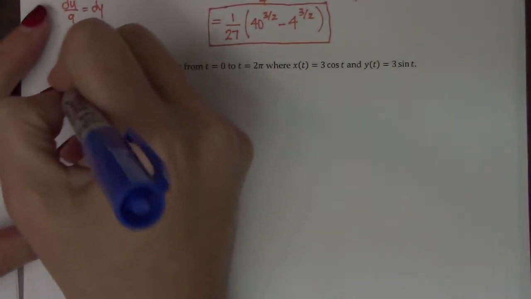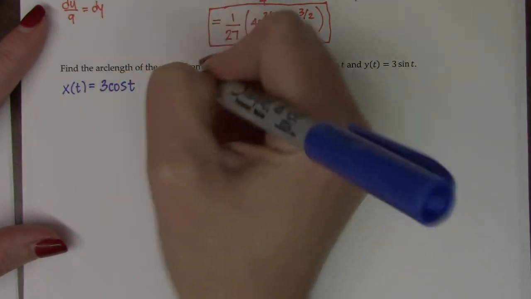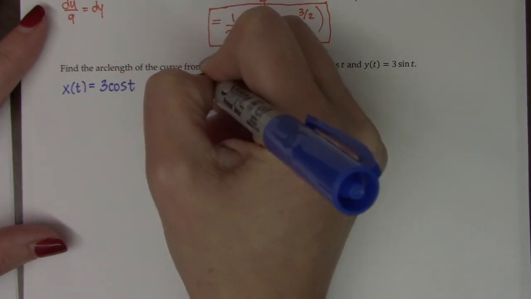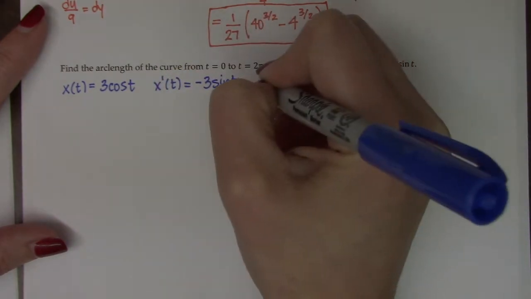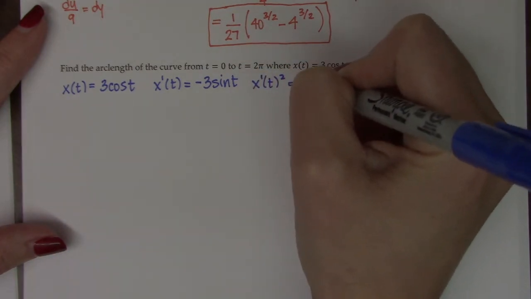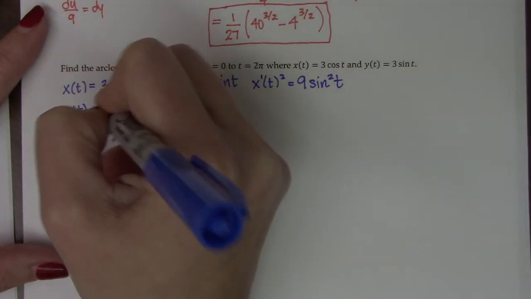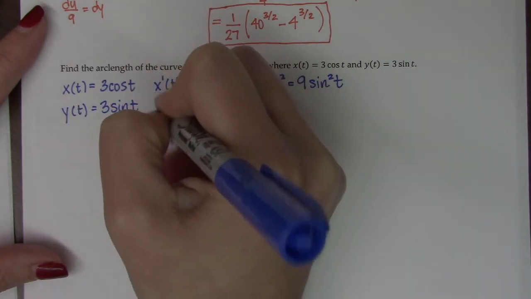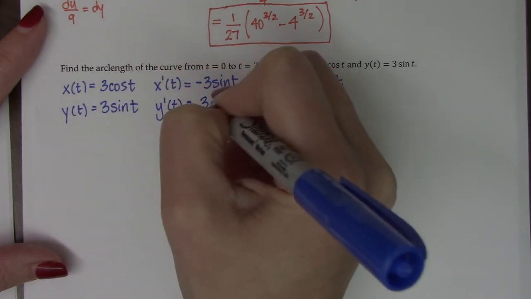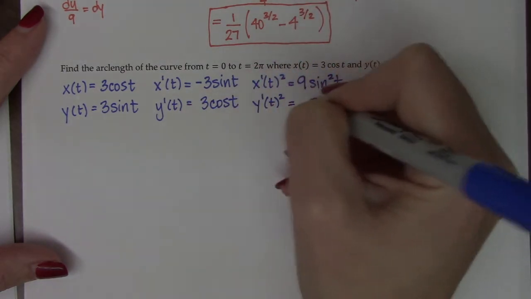So the way we set this up is you're going to look at x, right? So x of t is 3 cosine t. But the derivative of x with respect to t, in this case, would be negative 3 sine t. And then we're going to square the derivative. So when we square it, we just get 9 sine squared t. Then we're going to do the same thing with y. We're going to look at the function of y, and then we're going to take its derivative. And this works out to be 3 cosine t, and then we're going to square it. So now I have 9